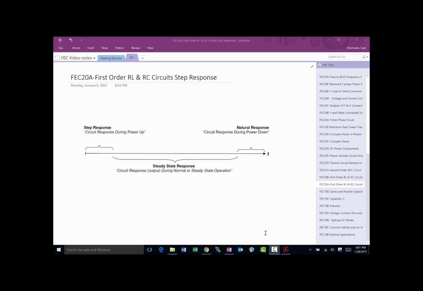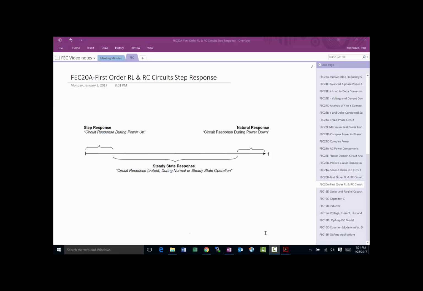In this video of the fundamentals of electrical circuit series, what we're going to focus on is circuits that have resistors and inductors or resistors and capacitors in them. The reason we do that is to simplify the equations we have to solve. If we have inductors and resistors only, then we'll end up with a first order differential equation,